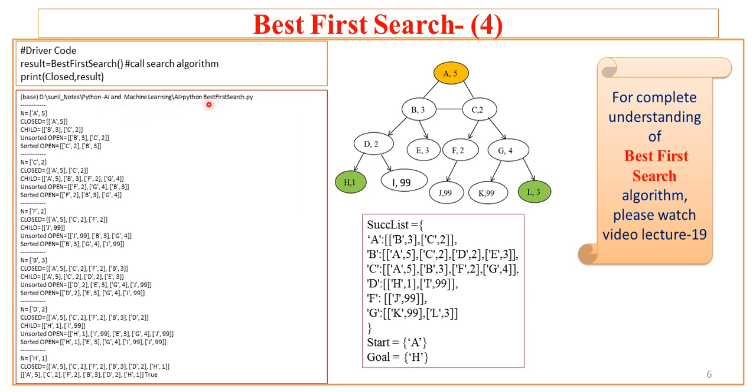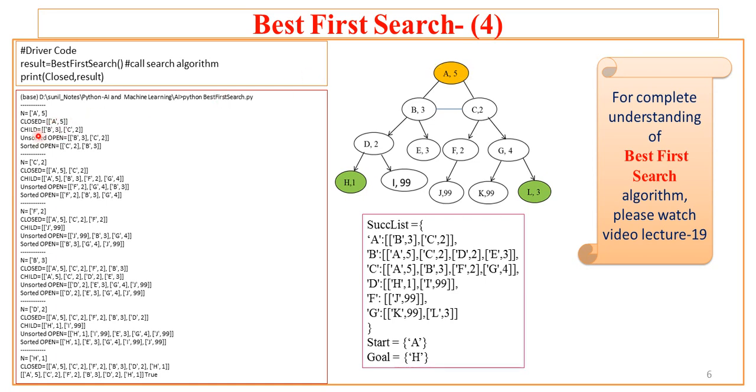I have saved this code as bestfirstsearch.py. I invoked this Python editor at the Anaconda prompt. I use this Python file, bestfirstsearch.py, and when execution starts, it takes the first start node as the current node, that is A